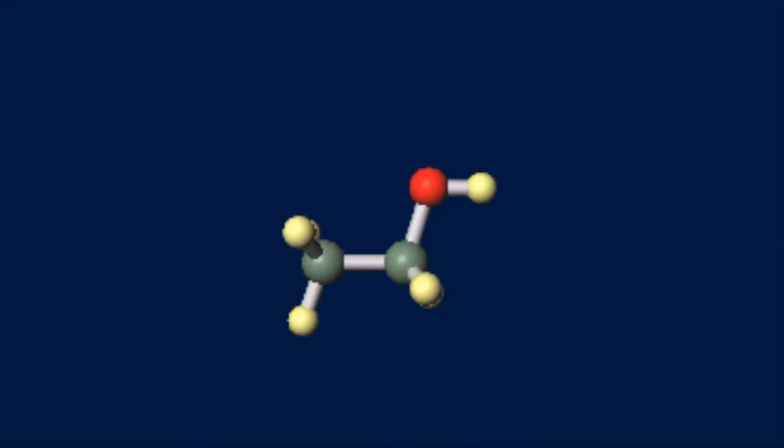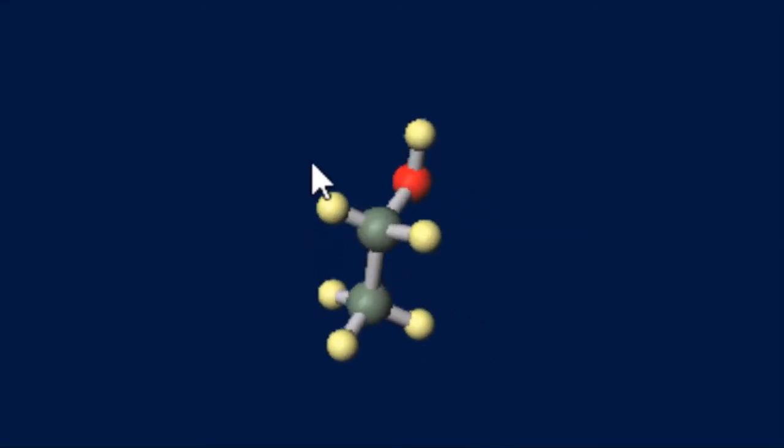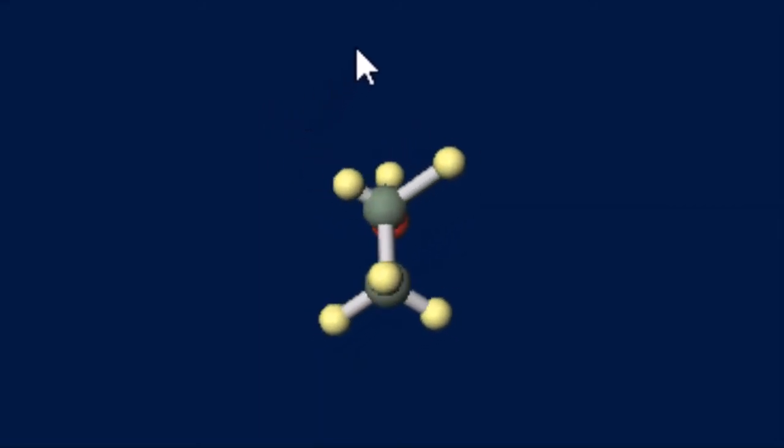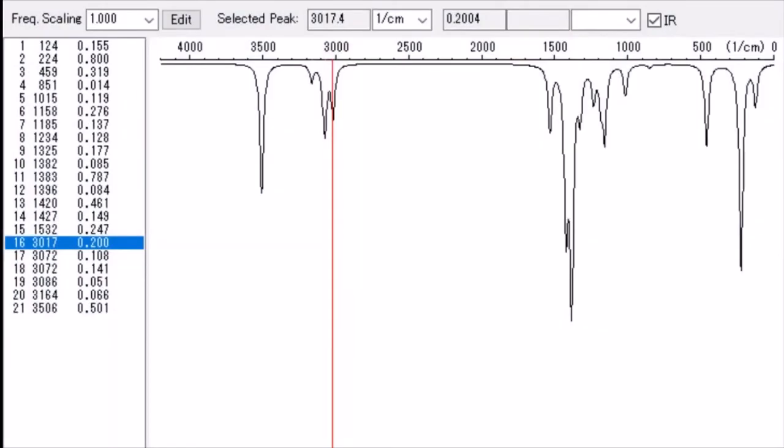I think you can see now. Can you see the same peak? It is the asymmetric stretching of the CH2 bond of ethanol, right? We shall move to the next peak. Here there are no other peaks to a great extent, for a great distance.